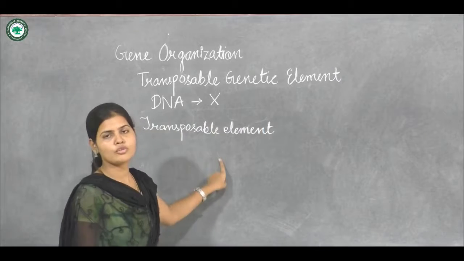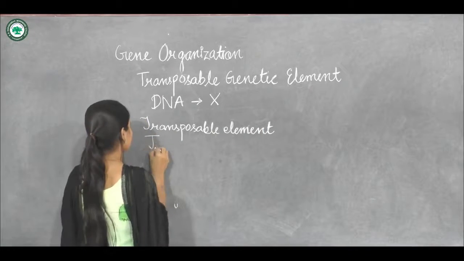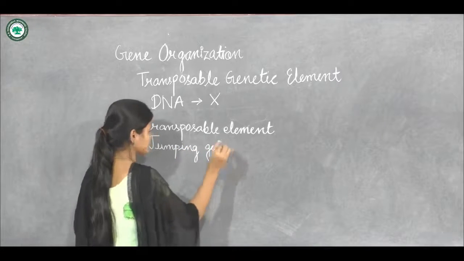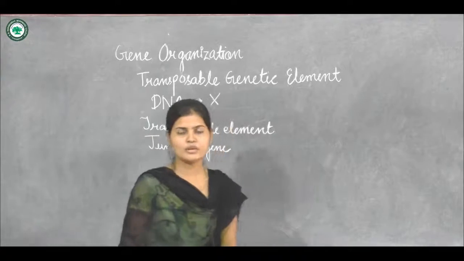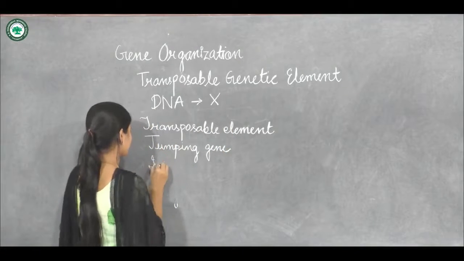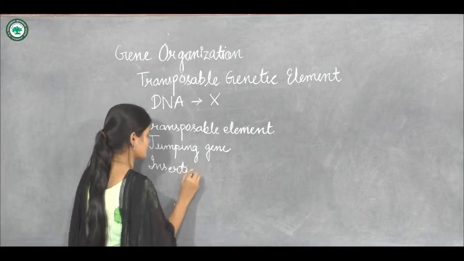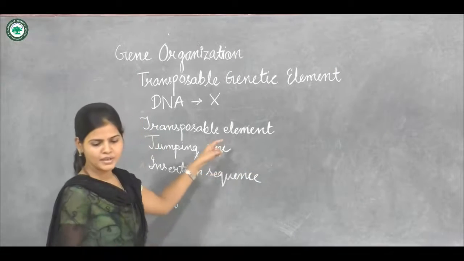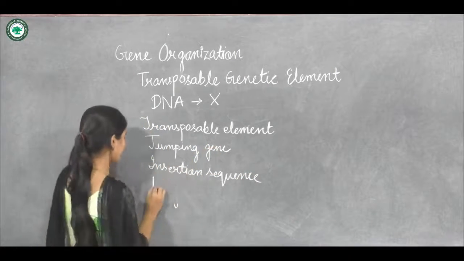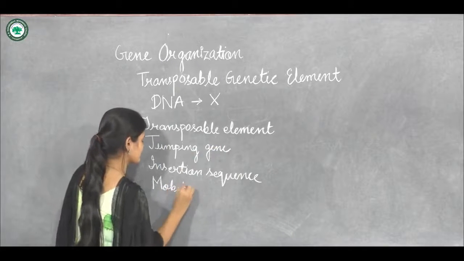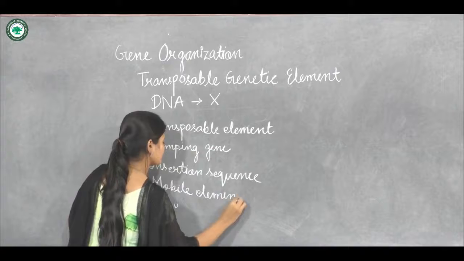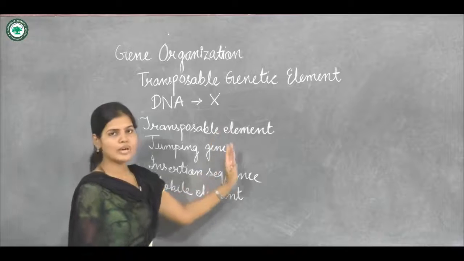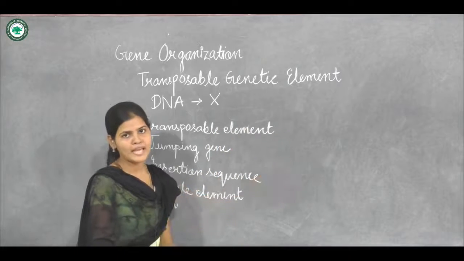Transposable elements are also called jumping genes. They are also called insertion sequences. One more name is mobile element. So these are sequences of DNA which move from one place to another within the chromosome, and as they